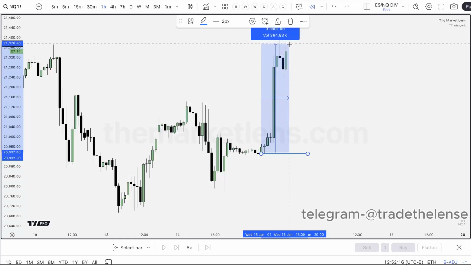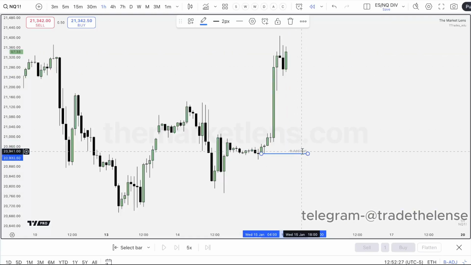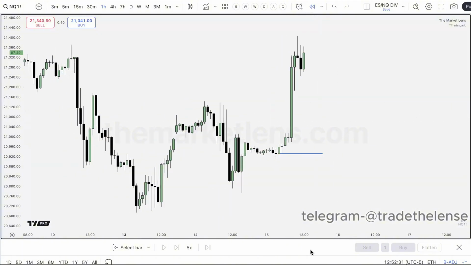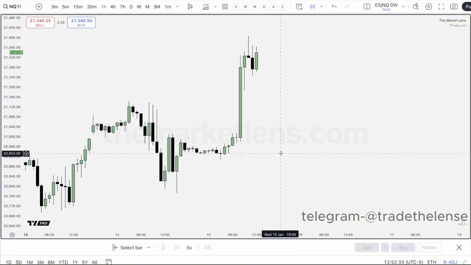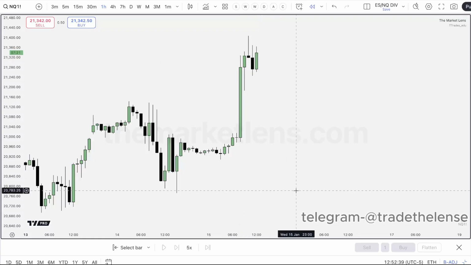So you're saying we need to go 400 points this way, 400 points back, just to look for a reversal. That's 800 points. That's kind of insane range. So no, I wouldn't be looking for that. And if you look, that'd be the size of the wick. This is kind of my target for the day if we're going to short, right? So with that, I'm not looking for that. I'm more so looking for hourly swing points or a swing point to frame a retracement back into the range. That's what I meant by that.